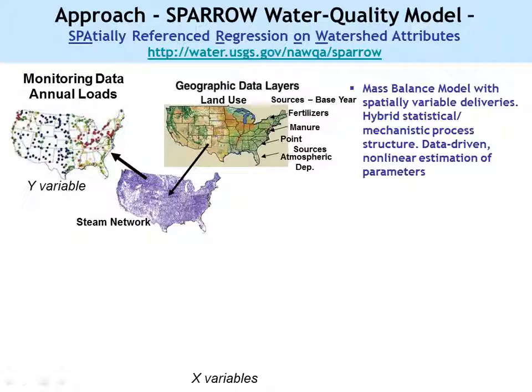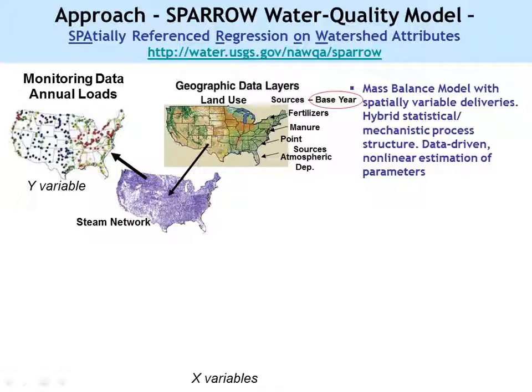So what we do then is start off with all the nutrient sources. In this case, we have fertilizer, manure, point sources, atmospheric deposition. And what we're trying to do when we develop this model is get all those sources for a specific base year. So if you hear about a 1987 model or 1992 or 2002 model, we're referring to those nutrients for that specific year. We're assuming that's sort of the conditions occurring right around that period of time. We're going to figure out how those nutrients that reach the surface of the landscape are transported through the rivers, so we can match our estimated loads the best we can.